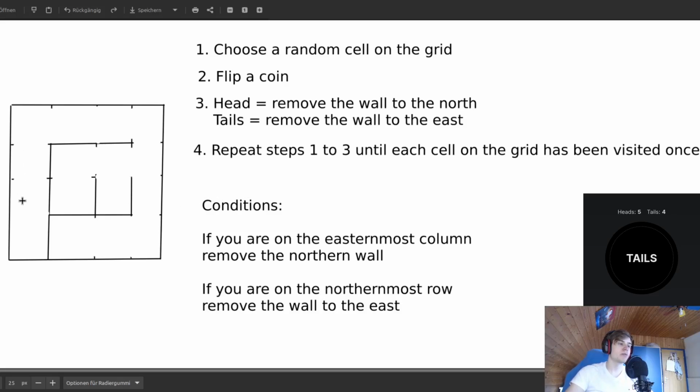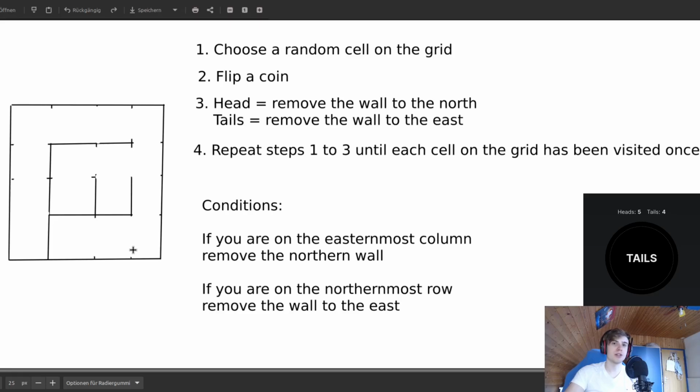Alright, this is the maze that the binary tree algorithm came up with. You might directly notice that there are passages on the north and the east. This is what is called a bias, and every algorithm has it to some degree. Of course, this is a very simple grid, only 4x4. And we will now go into Unity and I'll show you what is possible with the tool I created for